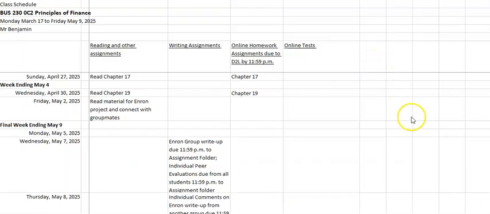So going back to the schedule, you can definitely read through all the materials sometime this week. By the way, the homework for chapter 19 is due on Wednesday. But read through the materials for the Enron project. You have been assigned with classmates or group mates, so take the initiative, get yourself organized here.